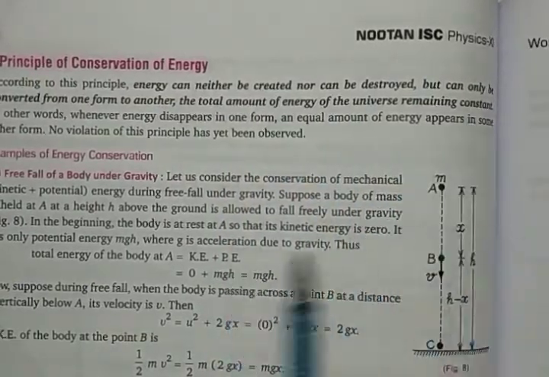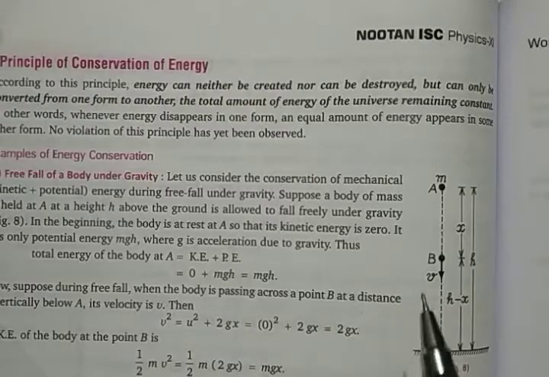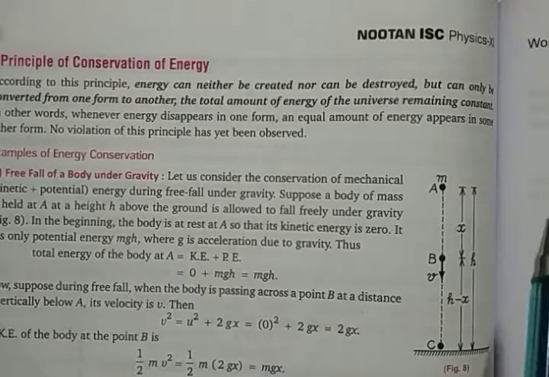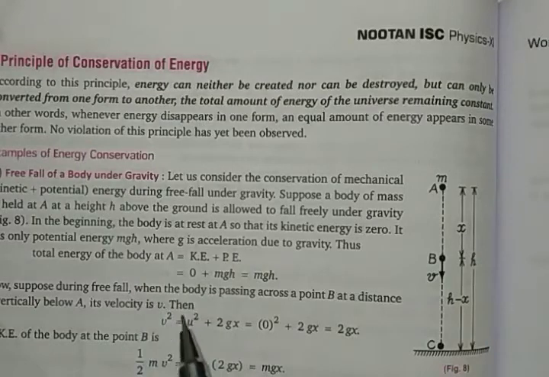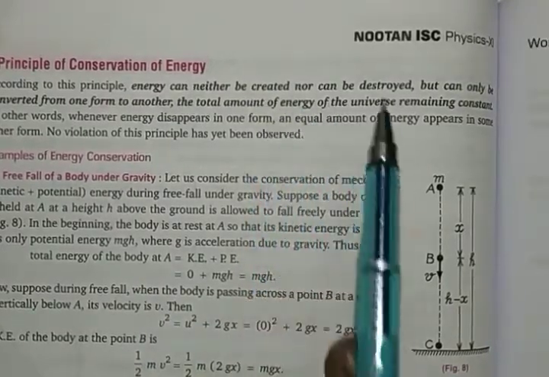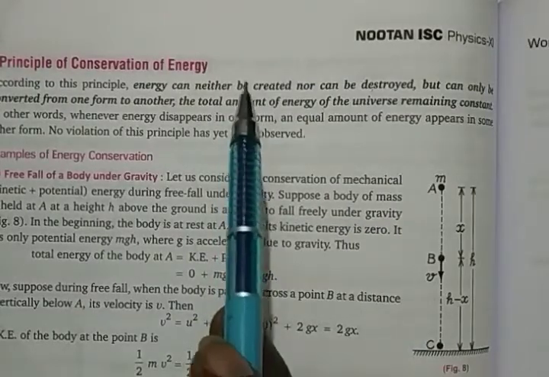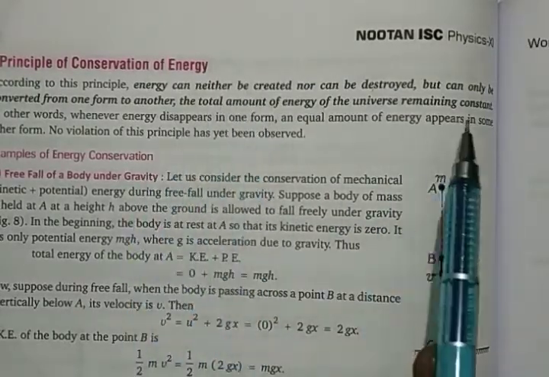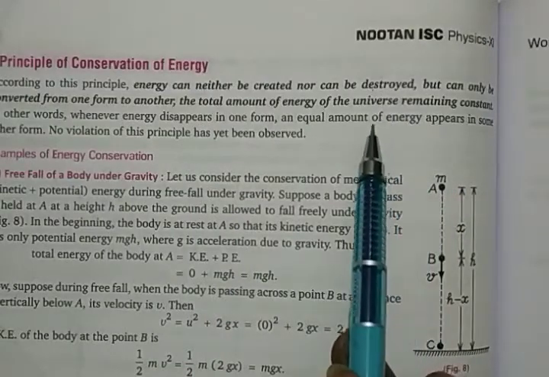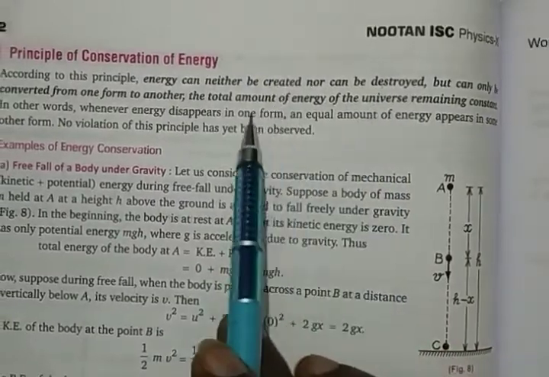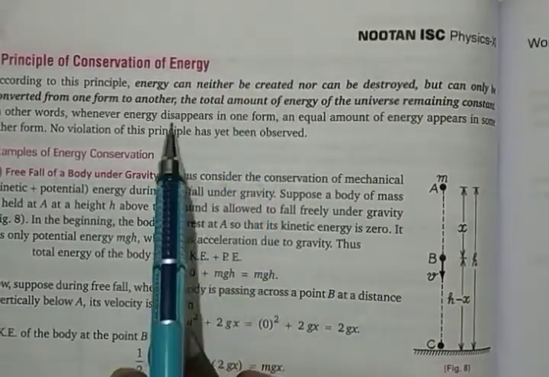The entire universe, all the galaxies, everything, God has put one form of energy. Maybe trillions and trillions of joules of energy is stored. And that energy is a constant value, and we are just changing one energy to another energy. Energy can neither be created nor be destroyed. That means you cannot create energy. If you create energy, you will become God. God has put energy, that's it. What we are doing is just converting energy. And you cannot destroy energy. You can only change energy from one form to another form.